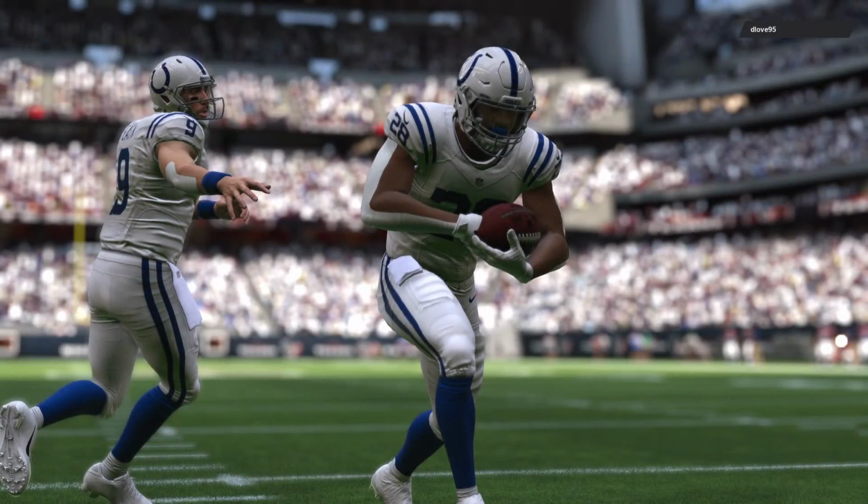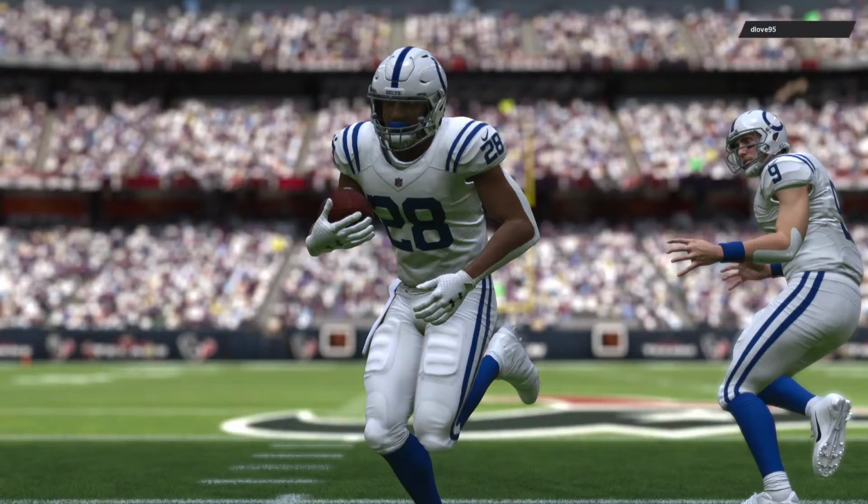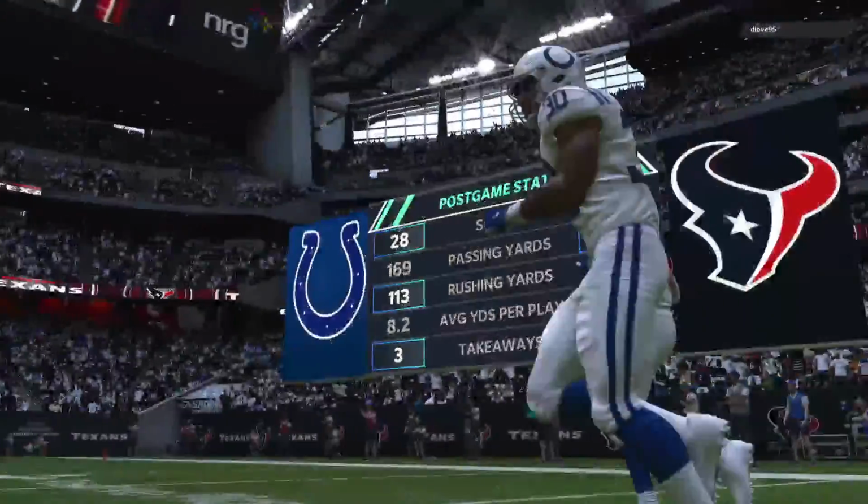Well, going into the final play of this game, they knew that they needed some type of a miracle there at the very end, but they couldn't get it done. However, we were treated to really a spectacular affair. Even though they didn't finish